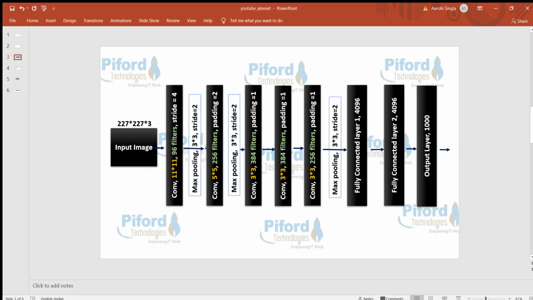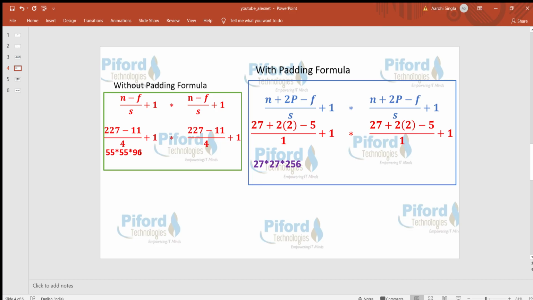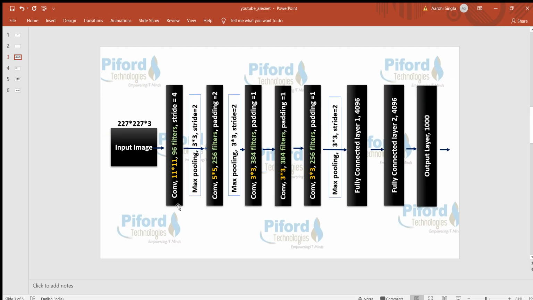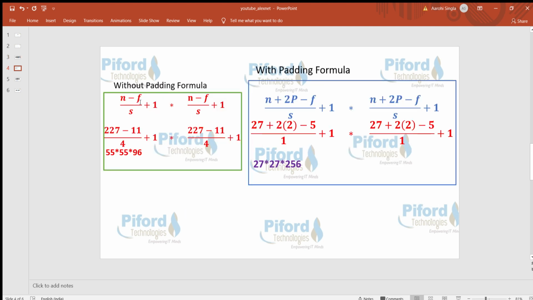It always depends upon how many filters we are using in a layer. If you are using 256 filters in a layer, then in the end the number of channels will be 256. So this is the image size after the first convolutional operation, and we use this formula when we are not using padding in the layer.